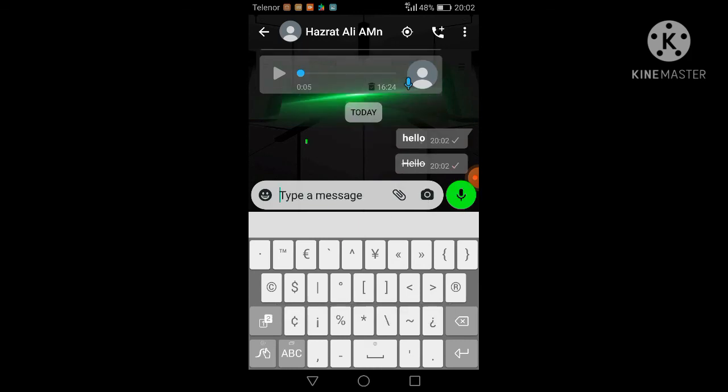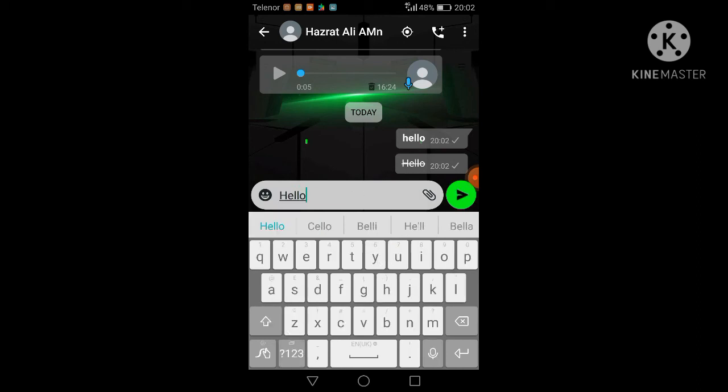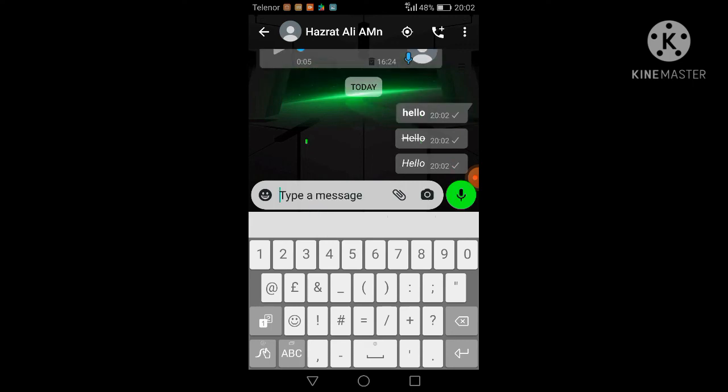Okay, now the another option is just click here, write hello. If you write the hello word, just write this sign on both sides. Okay, now this is converted to italic form.